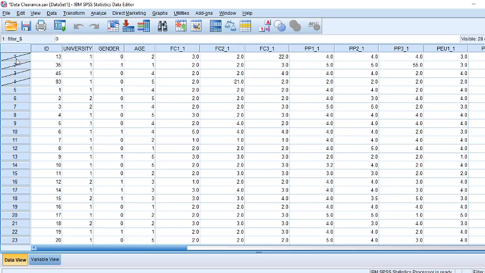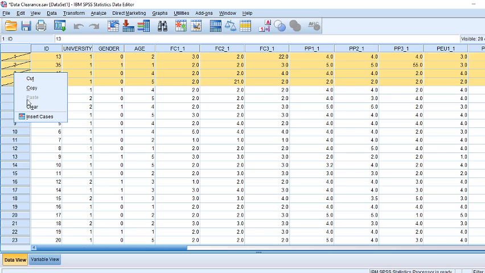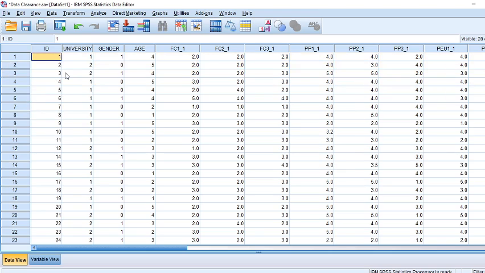So simply by this command, SPSS locks them. And what you need to do is select all these things and clear them. Now it has been removed from your data set. Now your data set is clear of aberrant values. So I'm going to repeat it: you learned today what aberrant values are and how they are treated.